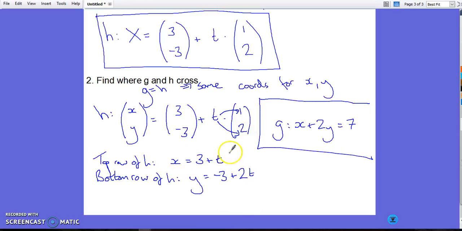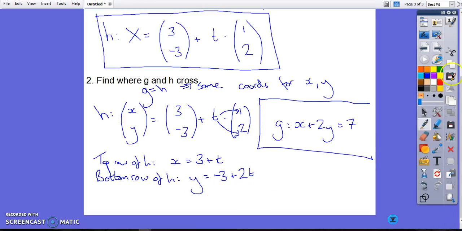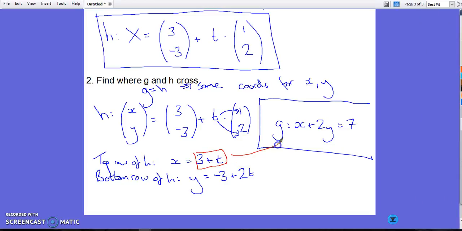And now I have separate expressions for x and y. I can substitute each of these expressions into the x and into the y for G. Because I want to find the coordinates that work for both, and so this x and y always works for H for different values of t, and I want to find the time that it